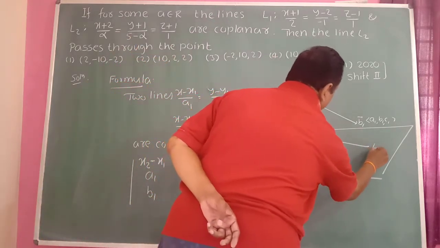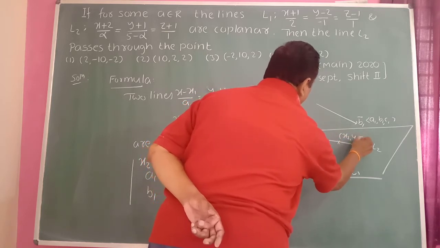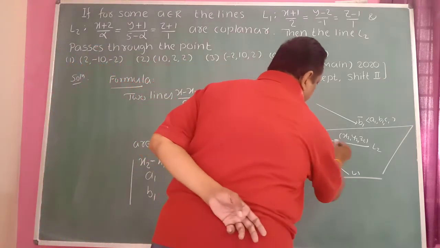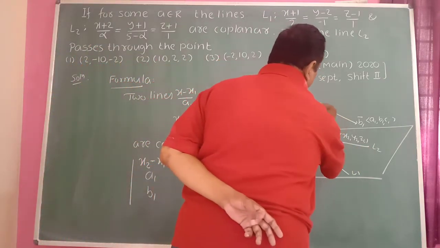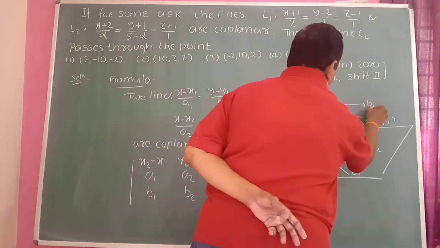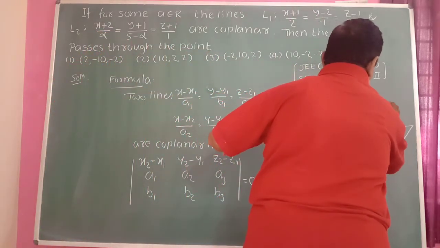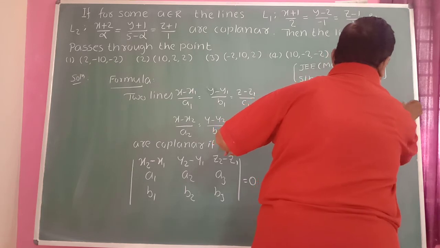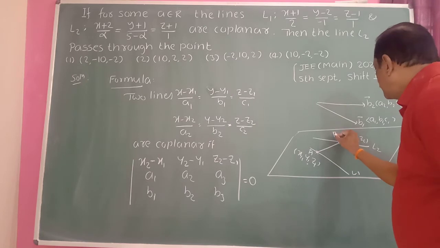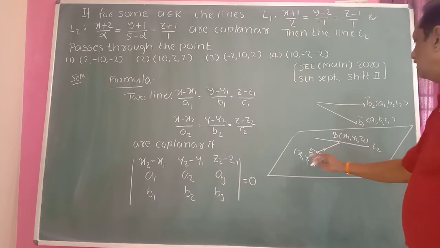Similarly, there is one more line L2, passing through the point (x2, y2, z2), and parallel to the vector b2 bar, whose direction ratios are a2, b2, c2. Then just join A and B. Consider this point as B. Then the direction ratios of AB are